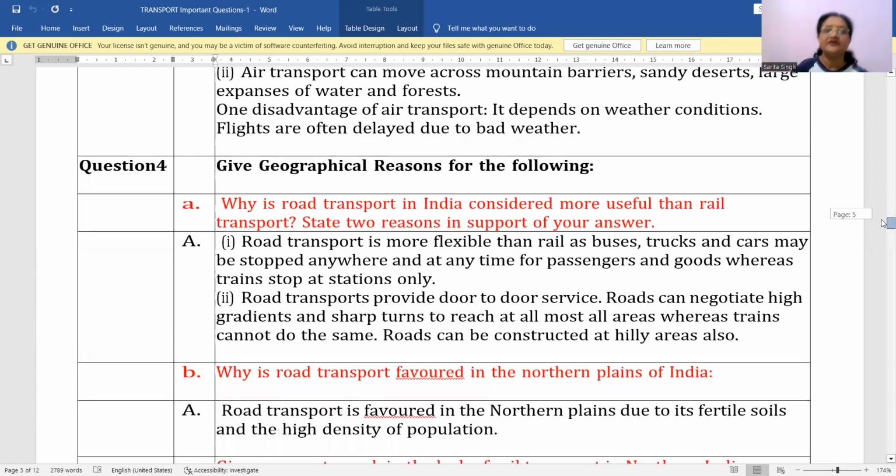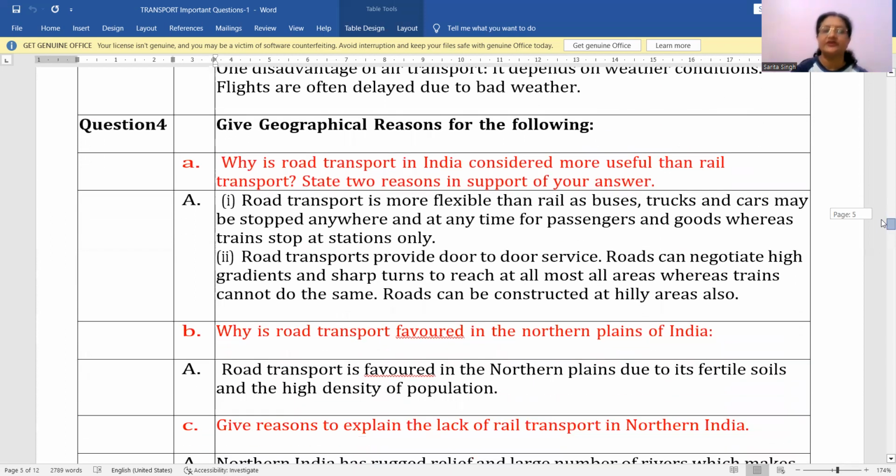Okay, so give geographical reasons for the following. Why is road transport in India considered more useful than rail transport? State two reasons in support of your answer. दोनों को कंपैरिजन कर दिया बच्चों, तो आप इस चीज के लिए रेडी रहना। या तो इंडिविजुअल क्वेश्चन आ सकता है, एडवांटेज डिसएडवांटेज ऑफ रोड ट्रांसपोर्ट, रेल ट्रांसपोर्ट, एयरवेज, वाटरवेज, तो इस तरह आ सकता है। या एक टाइप का क्वेश्चन ऐसे भी आ सकता है, कंपैरिजन करना।